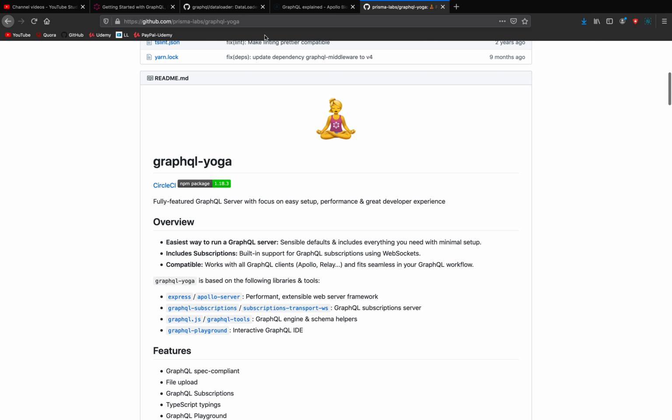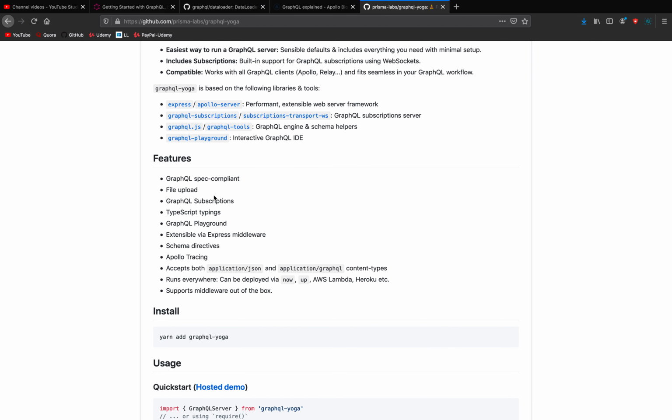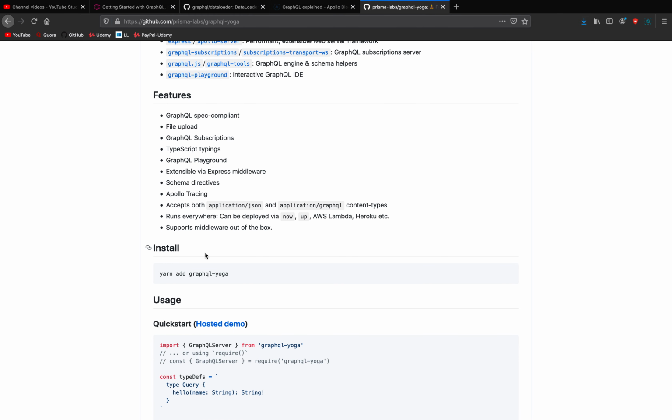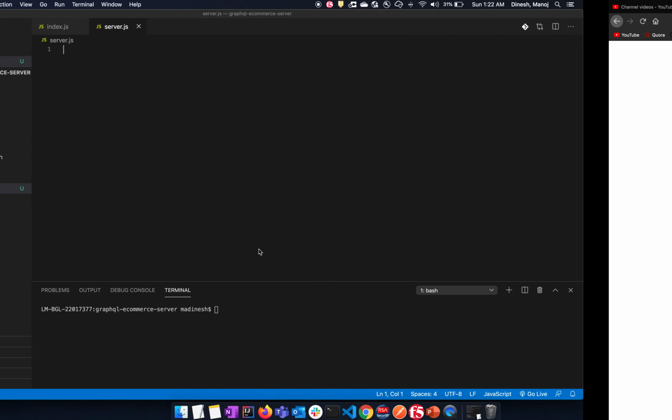I'll be putting a link to this in the video description. You can see some of the features like it's GraphQL spec compliant, supports file upload, subscriptions, and provides this playground, and it provides a lot of different additional functionalities so that you can build your production grade servers using this node module. So I'm going to be using the same.